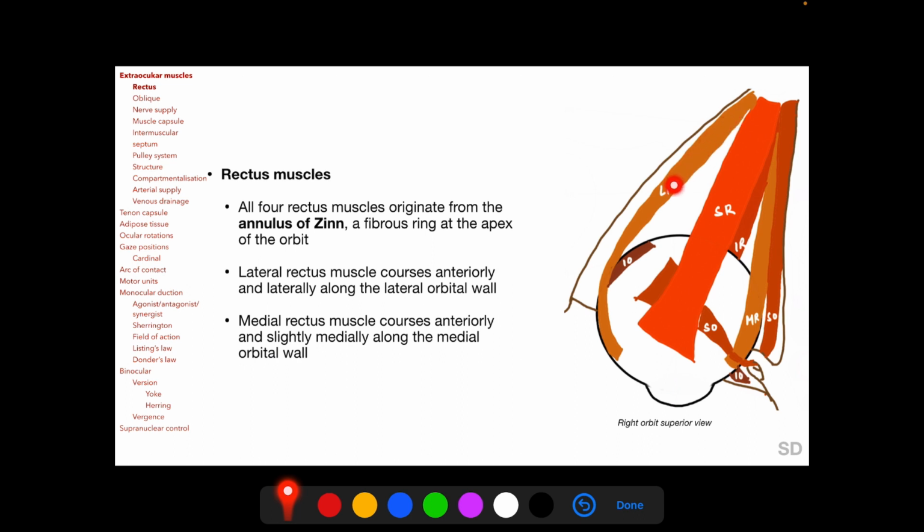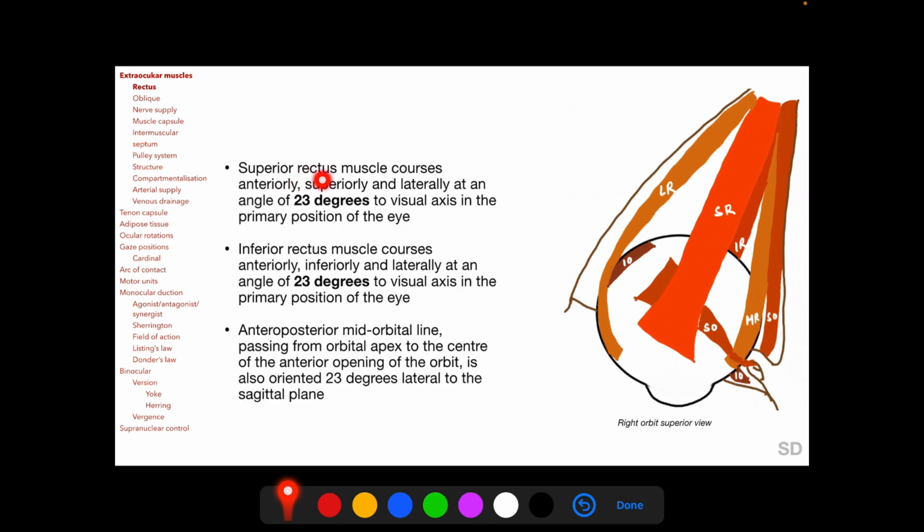The lateral rectus muscle courses anteriorly and laterally along the lateral orbital wall, and the medial rectus muscle courses anteriorly and slightly medially along the medial orbital wall. Superior rectus muscle courses anteriorly, superiorly and laterally at an angle of 23 degrees to the visual axis in the primary position of the eye. So this angulation, 23 degrees to the visual axis in the primary position of the eye, is very important to